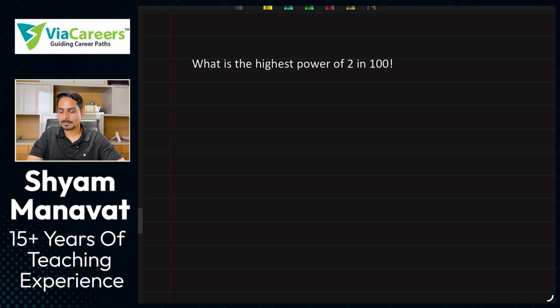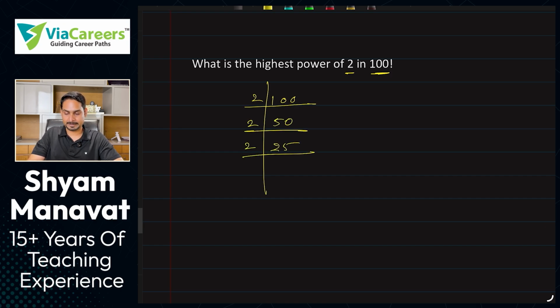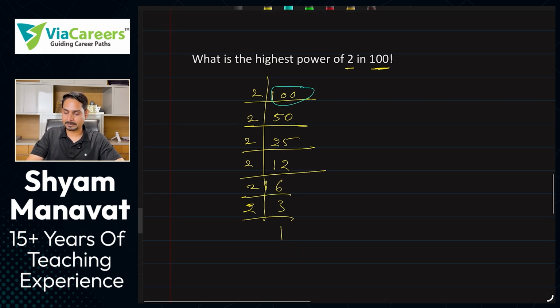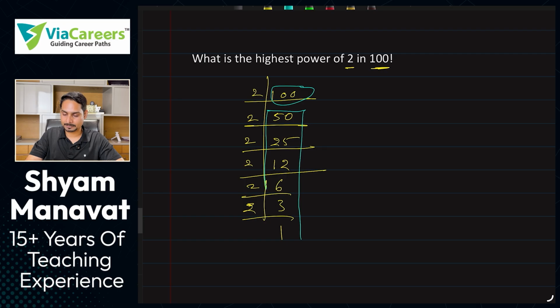Now next, highest power of 2 in 100 factorial. क्या करोगे? 100 factorial. So you will write 100 here and power of 2. So you're going to divide by 2. So here this is 50. This is 25. You get here 12, not 12.5, huh? Only 12. रिमाइंडर को साइड में रखो. इंटीजर क्वोशिएंट ही लेना है हमें. डिवाइड बाय 2, 6, डिवाइड बाय 2, 3, डिवाइड बाय 2, 1. So exclude 100 and add the remaining all.